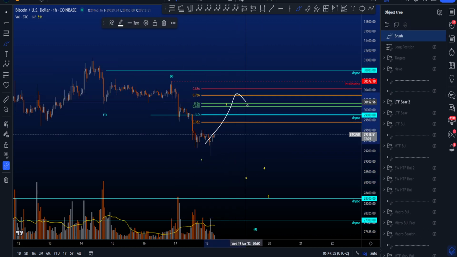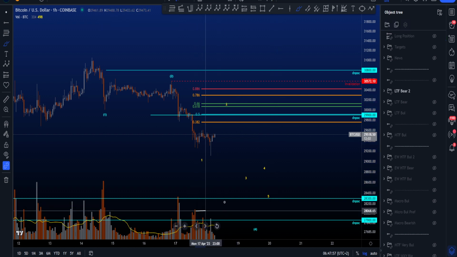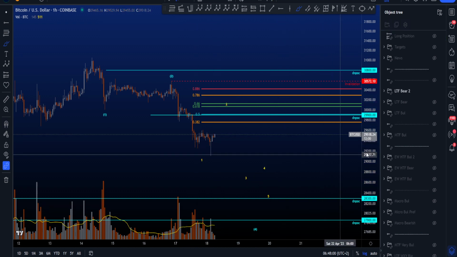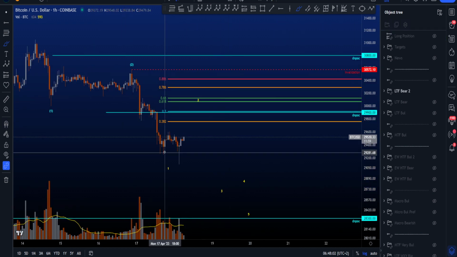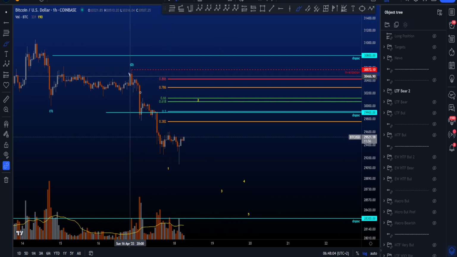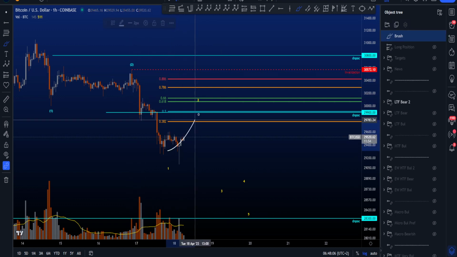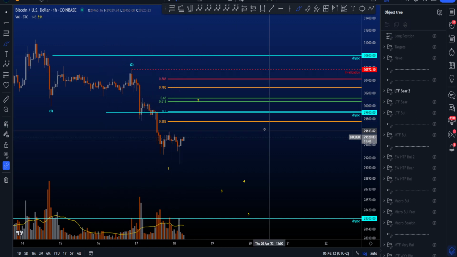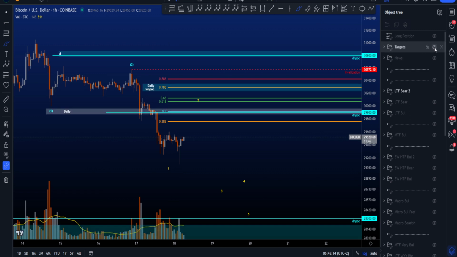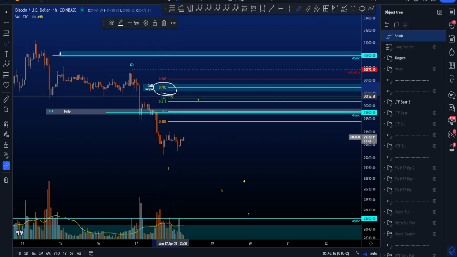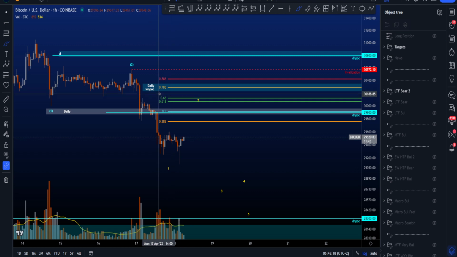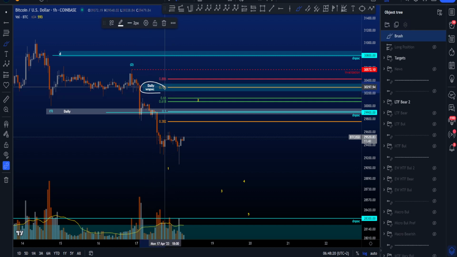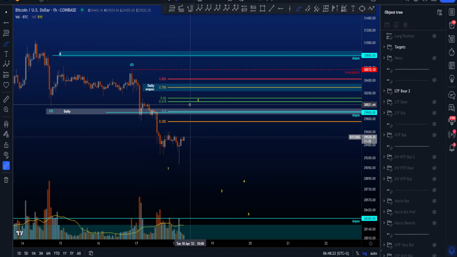We have a 2 and the bigger 3 is yet to come, where volume will increase. So that is the reason why I got this scenario on the chart as well, where then this is the first wave. We're now working on the second wave to the upside. Invalidation is taking the high of wave 2. The 0.5 has nice confluence with the daily naked point of control as well. However, if we look more to the upside, the 786, which is also a common target for wave 2, also has confluence with a daily and a weekly naked point of control level. So that can be quite an interesting area as well.